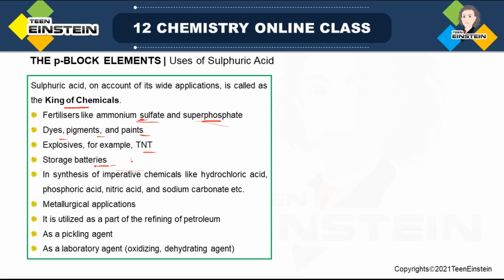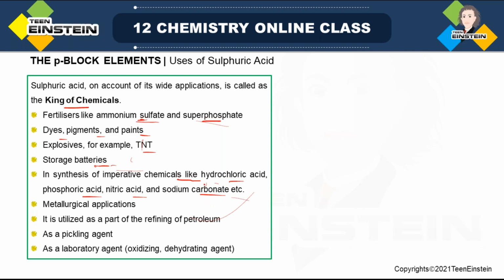Some batteries we can recharge, some batteries are not rechargeable. So the rechargeable battery, the most common example is the inverter that we use at our home. There is presence of concentrated sulfuric acid. In synthesis of imperative chemicals like hydrochloric acid, phosphoric acid, nitric acid, sodium carbonate, all these can be synthesized with